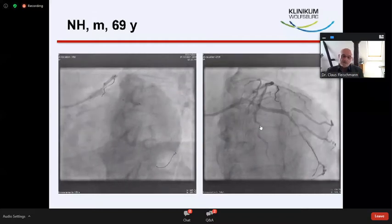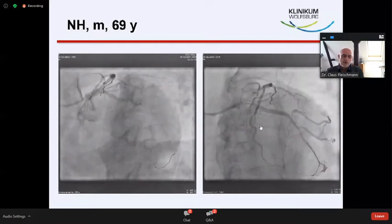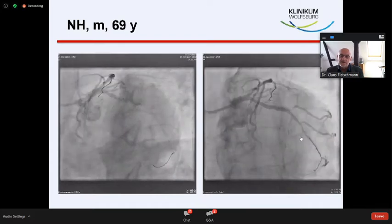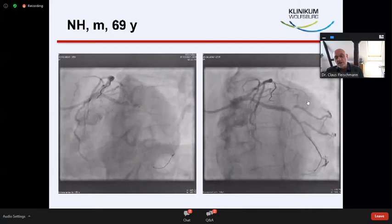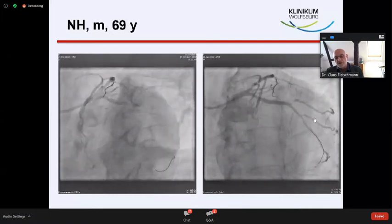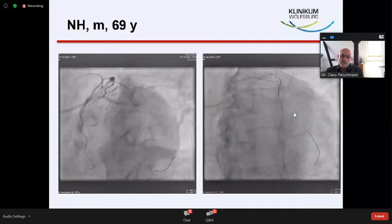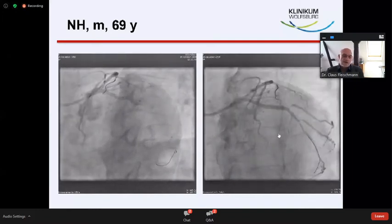And we discussed in our group what to do. And we decided not to go for all these bifurcations here, regarding that the symptoms were for many hours already, and we had TIMI 3 flow in all arteries, and would have taken a lot of contrast and everything to get this fine. And so we decided we had finished the circumflex territory for now, and we decided to go on